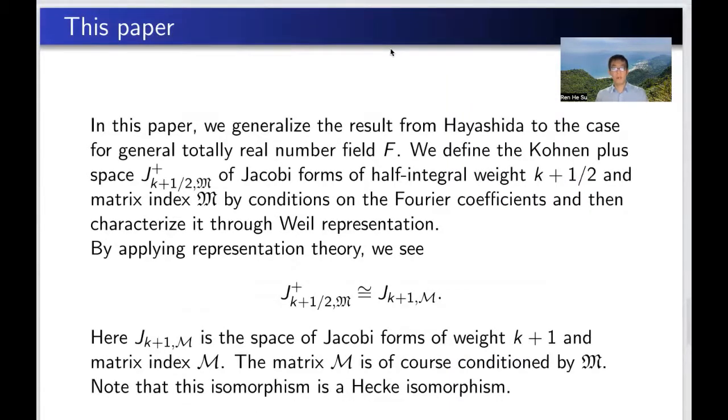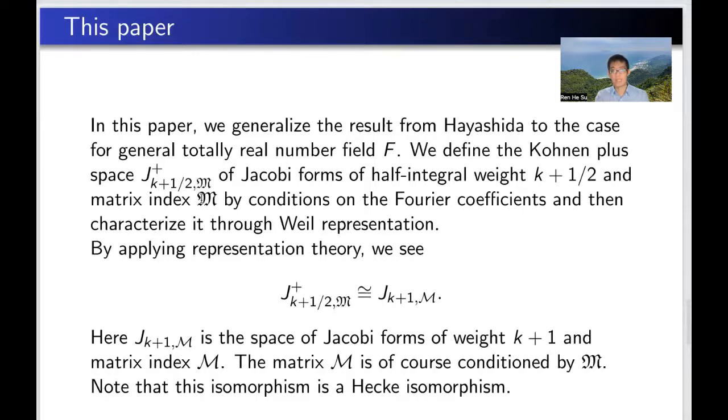And here comes the work of this paper. In this paper, we generalize the result from Hayashida to the case for general totally real number field. We define the Cohen plus space J_{k+1/2,+}(N) of Jacobi forms of half-integral weight k plus 1/2 and the matrix index M by conditions on the Fourier coefficients,